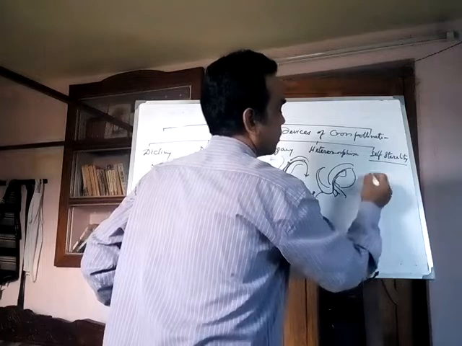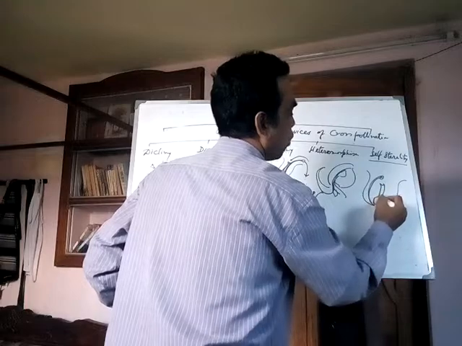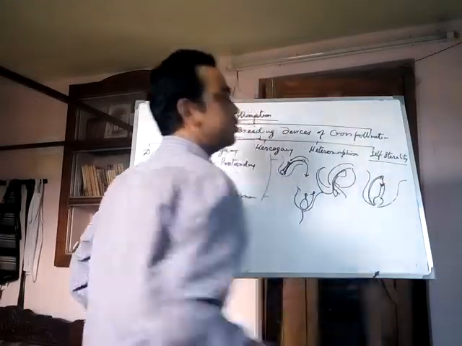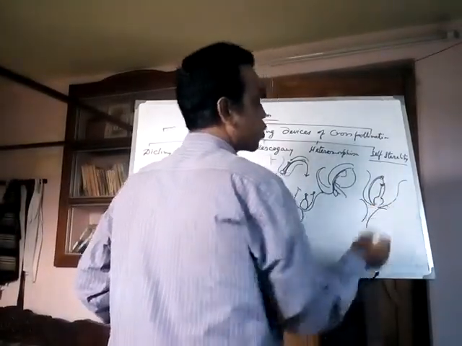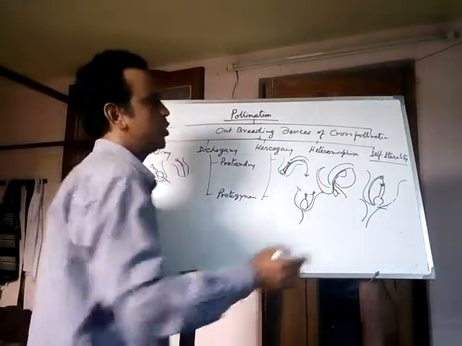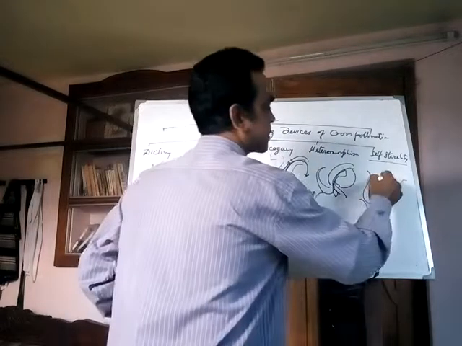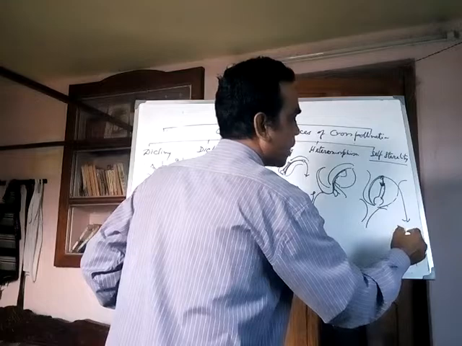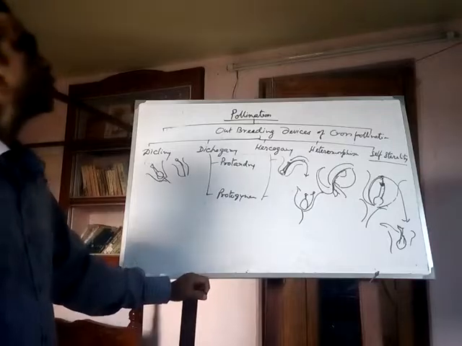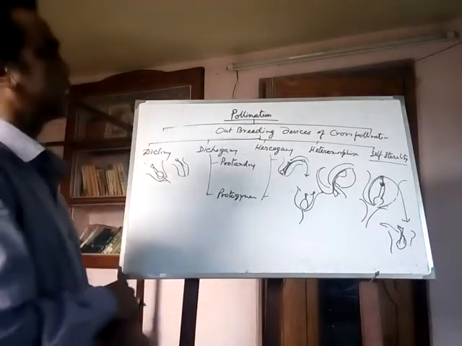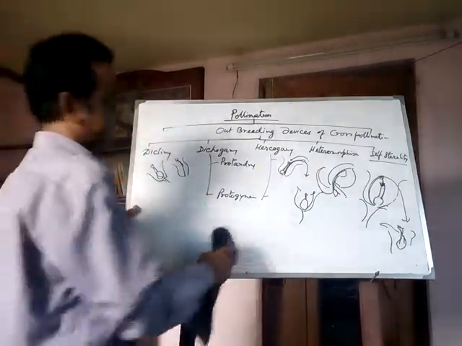Self-sterility: when the pollen of the androecium falls onto the stigma of the gynoecium, it shows the result of sterility. So this pollen cannot accomplish fertilization. So it falls onto another flower's stigma, and that is called the self-sterility device of cross pollination. So here we present the cross pollination outbreeding devices.